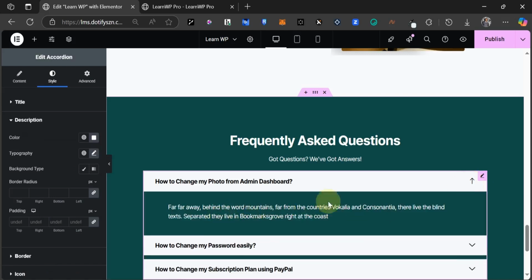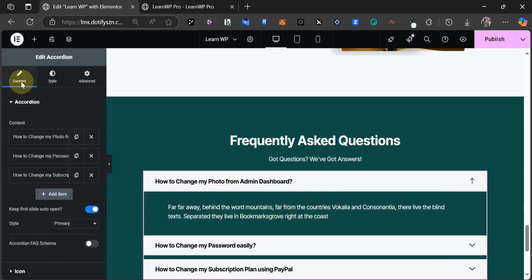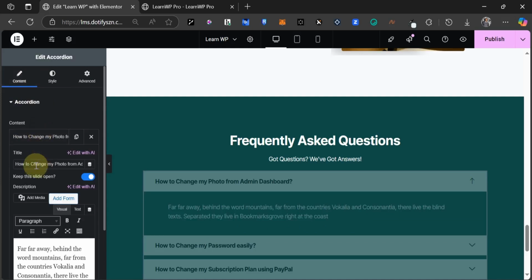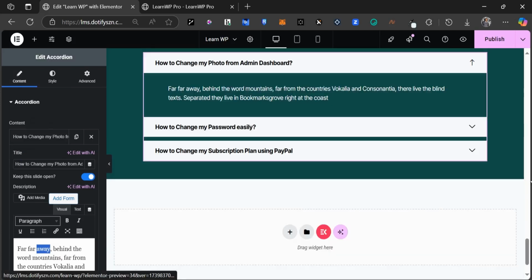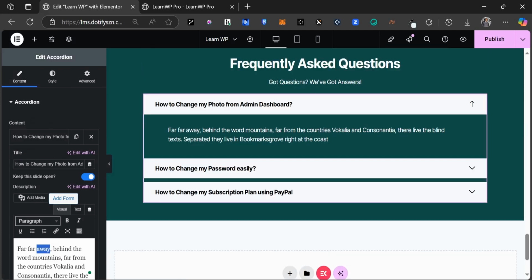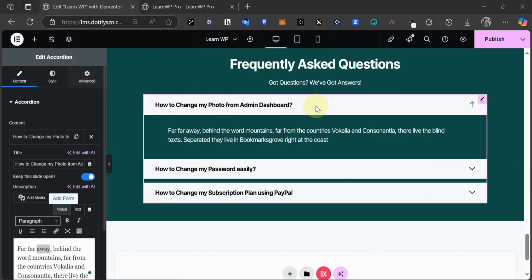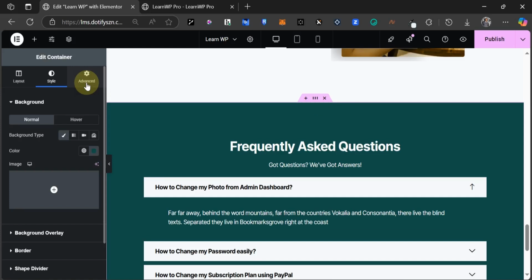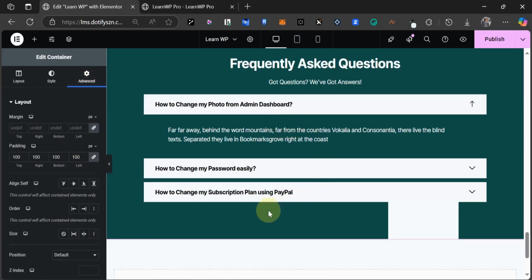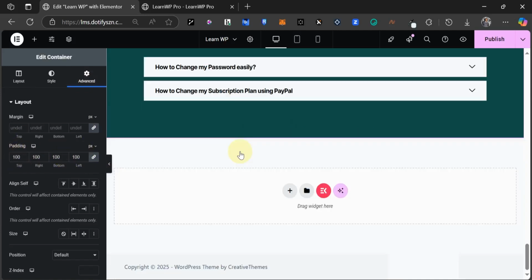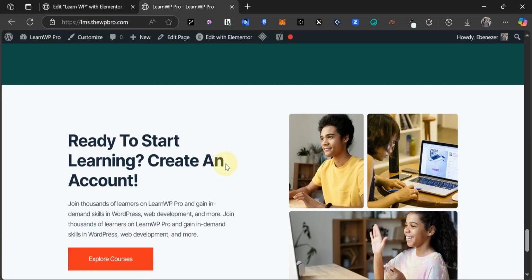And now to edit this text, what you need to do is to just come to content, click on anyone you want to edit, change the title, and also change the description, and that's how you can edit these frequently asked questions. All right, so what we're just going to do now is to just add a little bit of padding to this. So let's just come here, let's click on edit container, come down to advanced, and we're going to link all the values together. So everything should be 100,